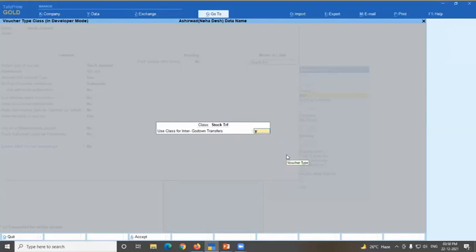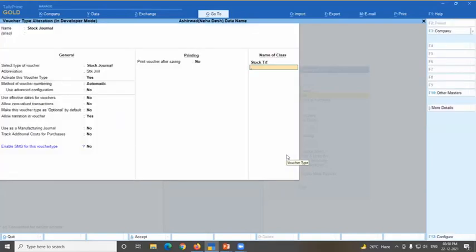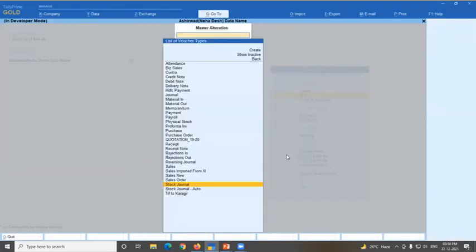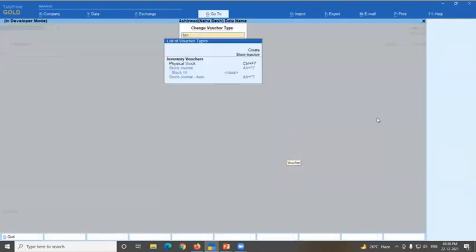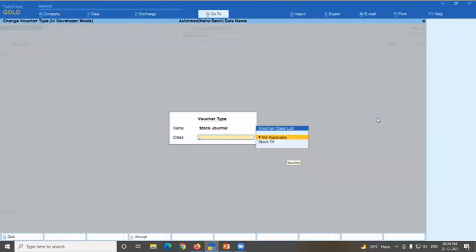What is the difference between stock journal and stock journal with class? See, I'm showing here. I'm putting F10 stock journal. Stock journal and voucher class are there, but I'm directly selecting only stock journal without voucher class.